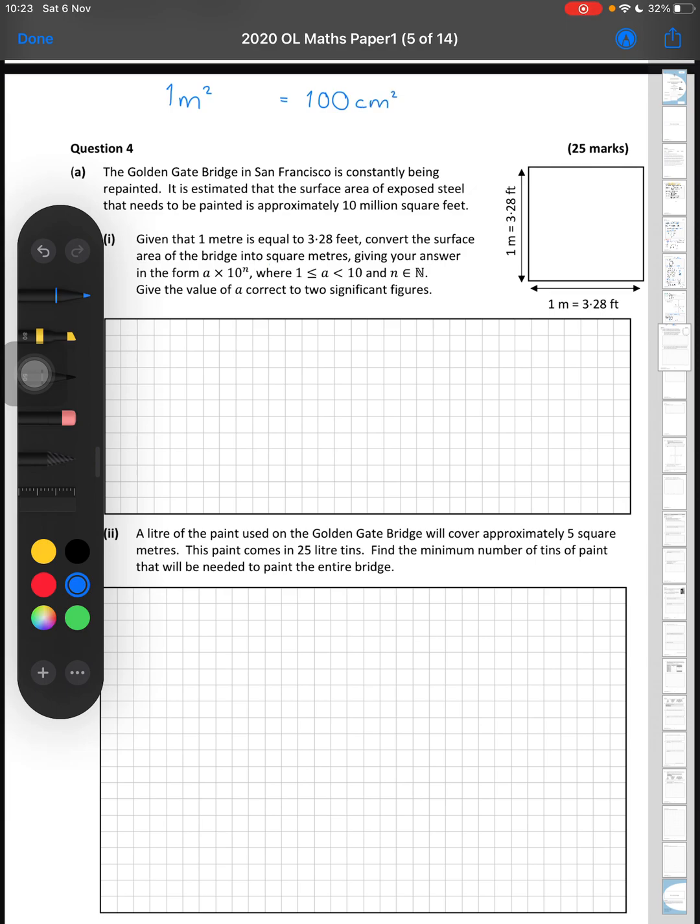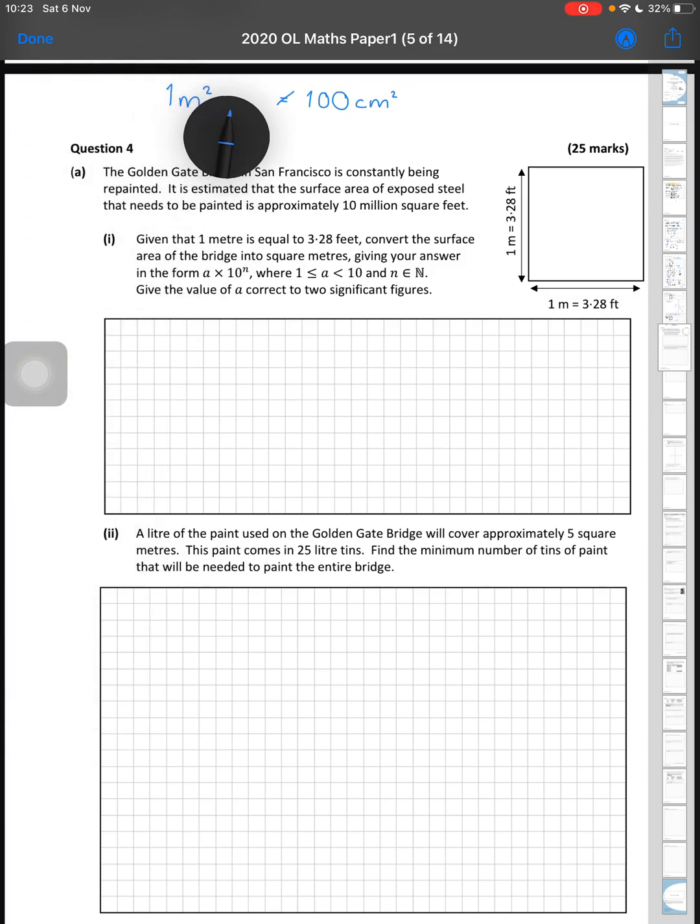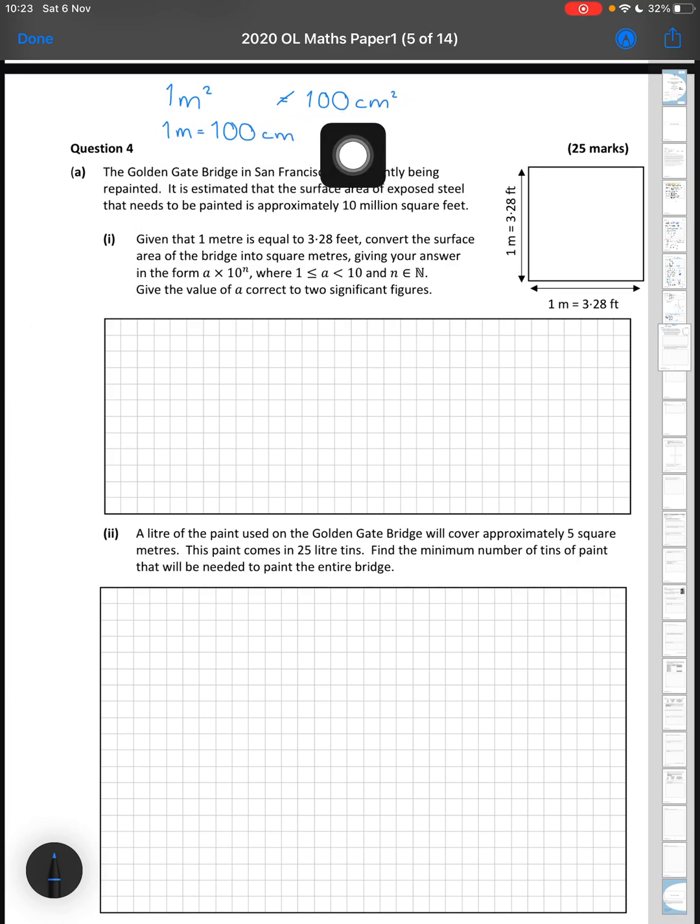Okay, so if we think about this, guys, if I had 1 meter squared, is that equal to 100 centimeters squared? No. When I have 1 meter squared, I need to do the conversion from meters to centimeters twice. So we need to go back and say, 1 meter is equal to 100 centimeters. So to get from meters squared to centimeters squared, we need to multiply by 100